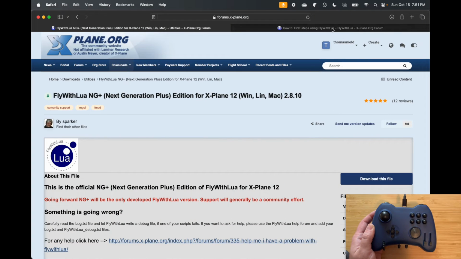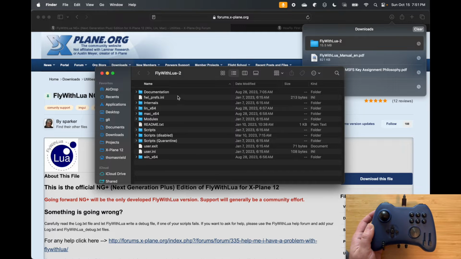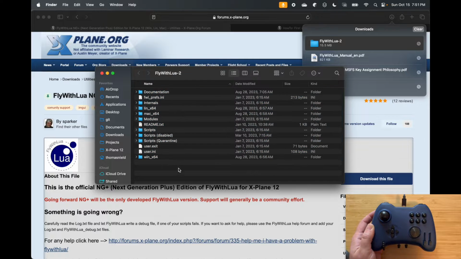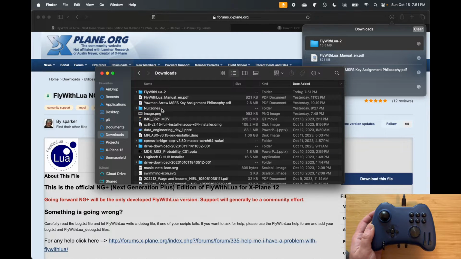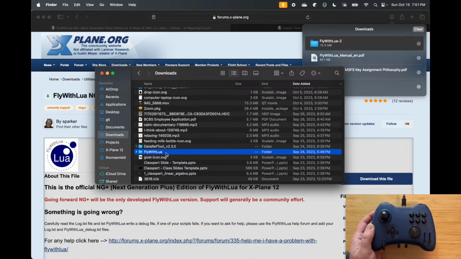So I am going to download this file, and as soon as it finishes downloading, so I've actually downloaded this before, so that's why it's called FlyWithLua 2. So inside the FlyWithLua folder, you'll see that we have all of these folders and files. This is the entirety of the FlyWithLua plugin. So what you need to do, let me go to my downloads folder to show this here. So the FlyWithLua folder that we just downloaded